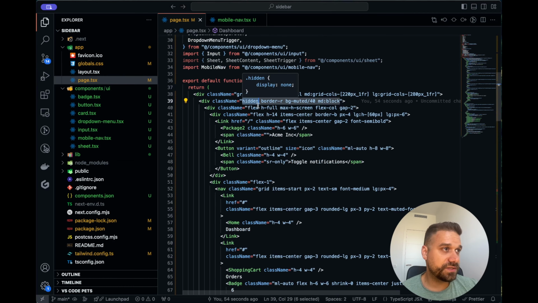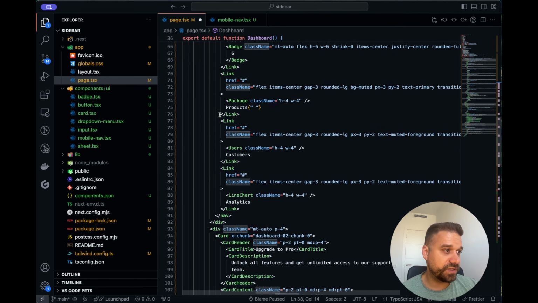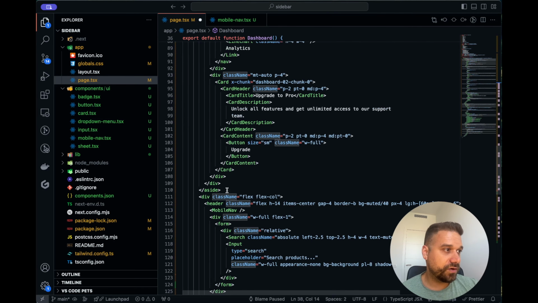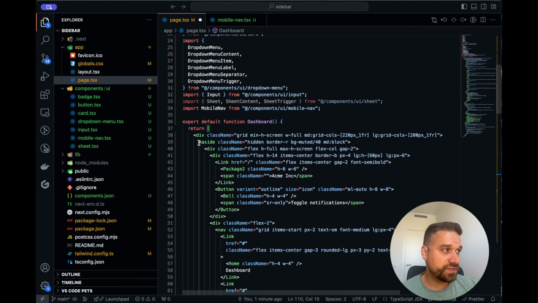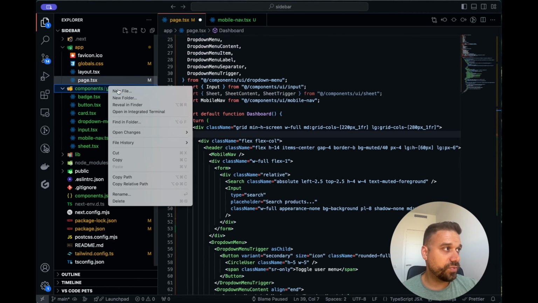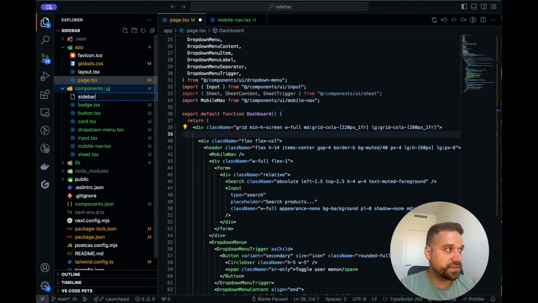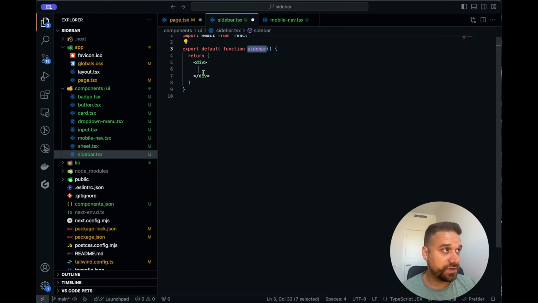So here it is, it's hidden, and after medium it's becoming a block. So I'm just going to rename it to aside, because that's actually a sidebar, it's not a div. And now here I renamed also my closing tag, and I'm cutting that out. Now again, in components UI, I'm creating a sidebar.tsx, and inside, using the snippets, creating a functional component, pasting everything